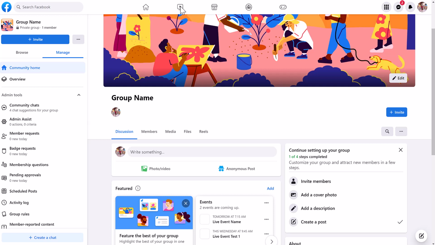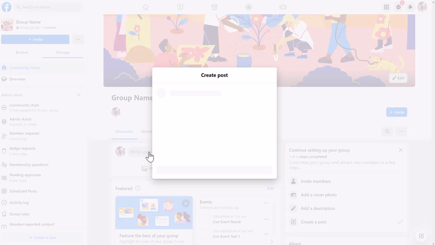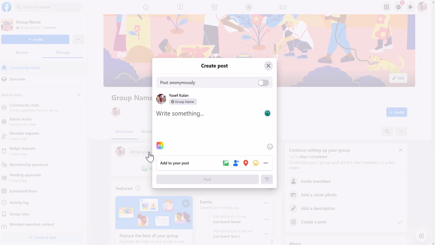In this video, I'm going to show you how to set up a live event in your private Facebook group. So the first thing that you need to do is go down to this section here once you're logged into your private group and you click on write something. A window will pop up. You come down to the three dots here at the